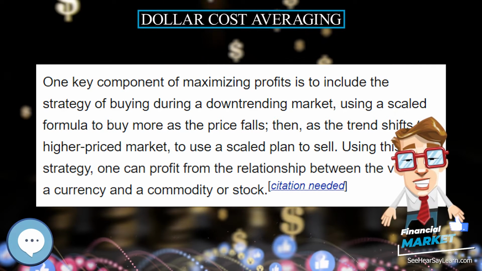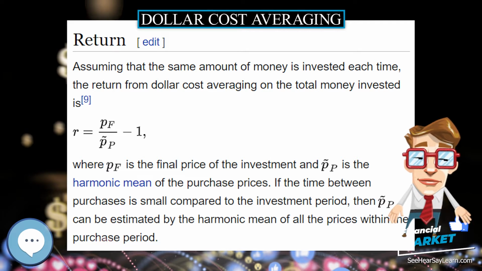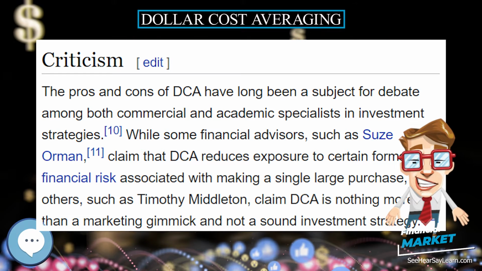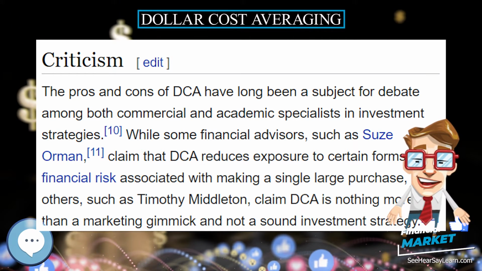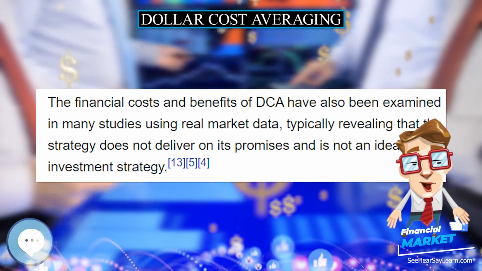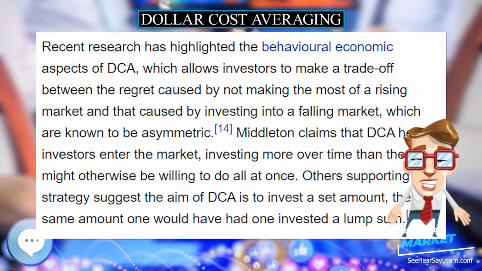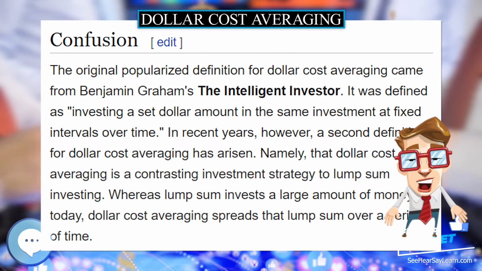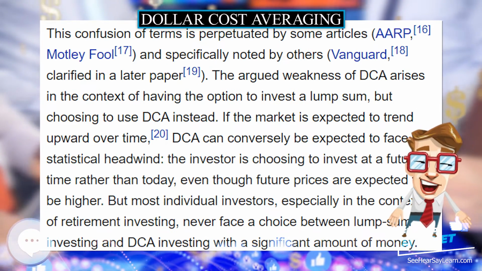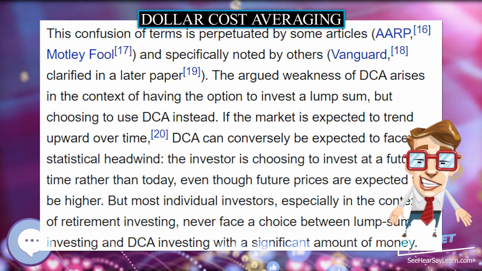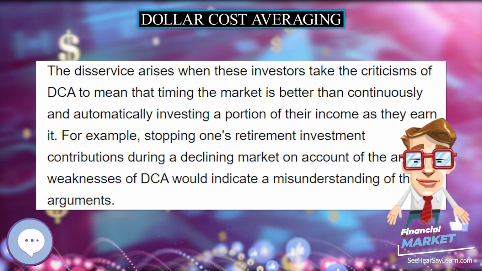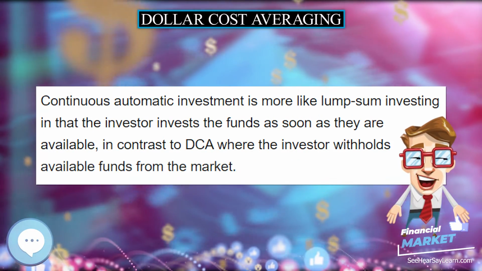By dividing the total sum to be invested in the market, for example $100,000, into equal amounts put into the market at regular intervals, for example $1,000 per week over 100 weeks, DCA seeks to reduce the risk of incurring a substantial loss resulting from investing the entire lump sum just before a fall in the market. Dollar cost averaging is not always the most profitable way to invest a large sum, but it is alleged to minimize downside risk. The technique is said to work in markets undergoing temporary declines because it exposes only part of the total sum to the decline.